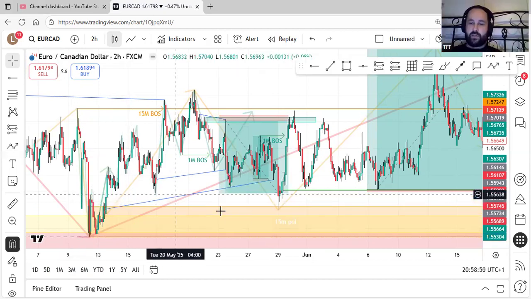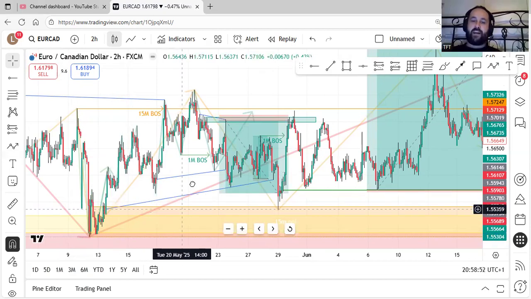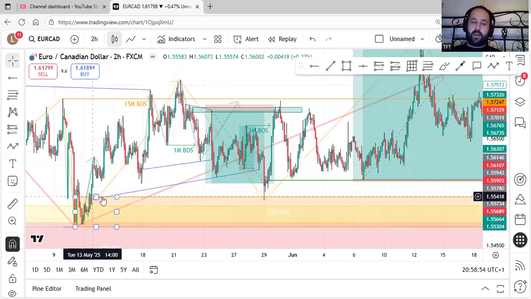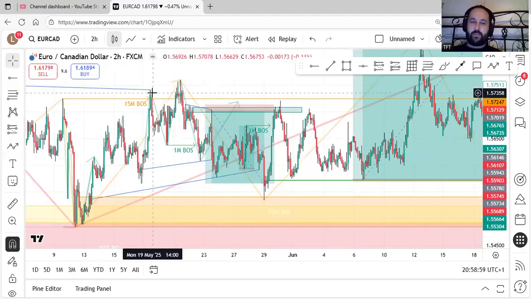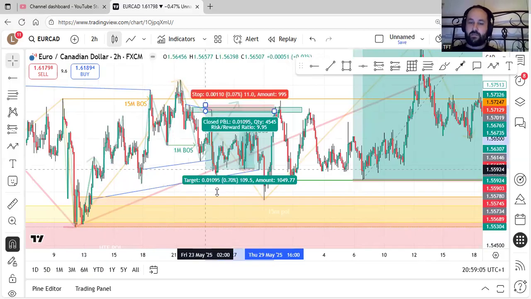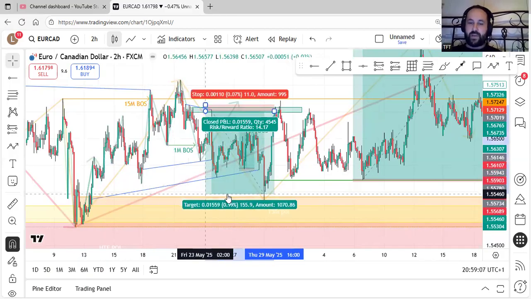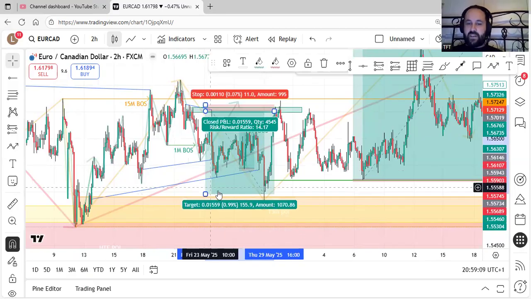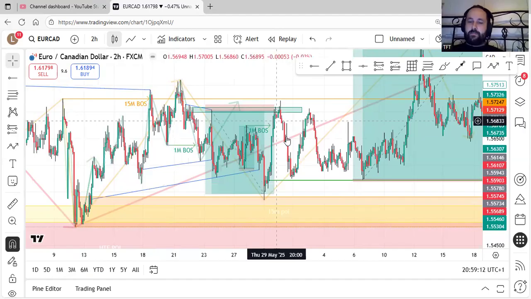If that's the box, I wouldn't advise going beyond the open of this box because, like I say, we've turned 15-minute bullish at that point. So this, I'd really be expecting a reaction from that zone. So to go beyond that is just dangerous. So my TP would just be about there, something like that. I'd maybe stretch it a little bit.